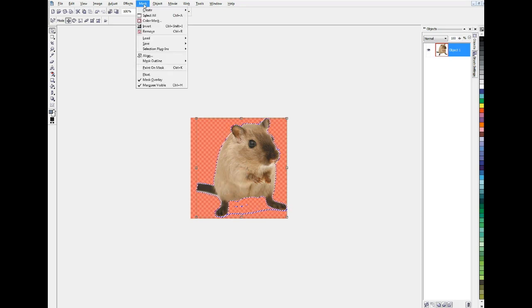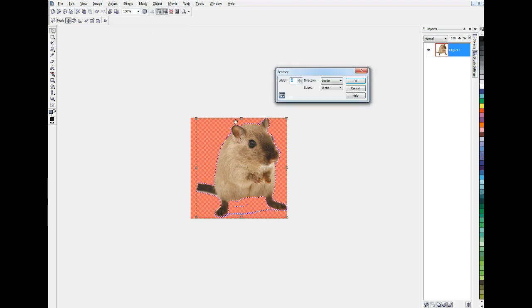I'm going to feather my mask outline. See, mask outline, feather. What that's going to do is give my mask less of a hard edge. It's going to just kind of blur it out just a bit. You can adjust the amount of feather, and you can also do inside, outside, or average. We're going to go inside for what we're doing. 4 pixels is going to be the amount of blur that it applies to that edge. You can't really tell here, but